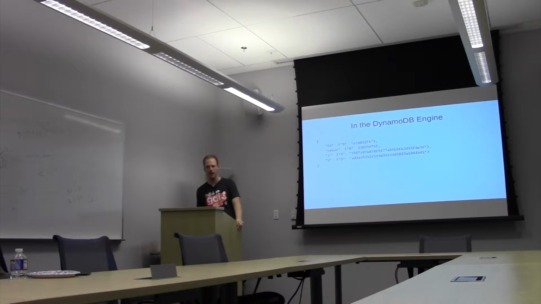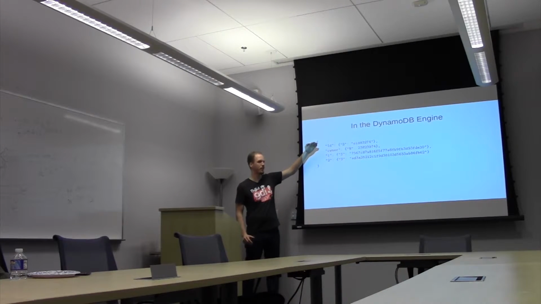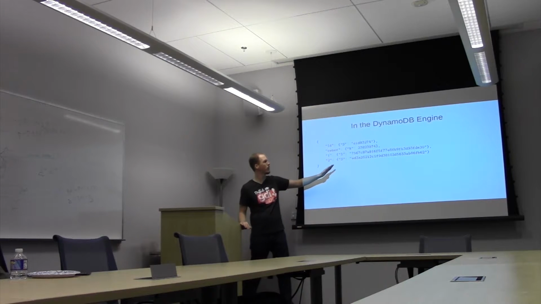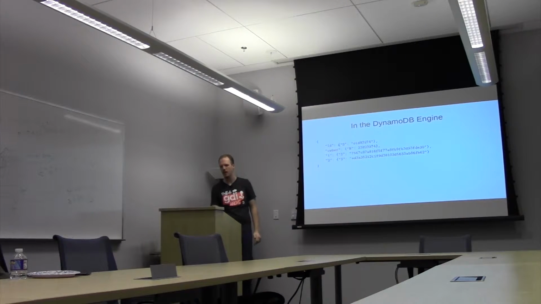And then this is what it looks like in the actual Dynamo engine. So an item has attributes that have a name, and then the attributes must have both a type and a value. So this is how they're represented in the API. So ID is a string, owner is a number, and then both of these are strings. I could have also stored them as binaries, either or, really. What is also important here is that you can operate on attributes individually. So you can add just a single attribute, so you don't have to write the whole object back to Dynamo. So you can do things incrementally, which helps